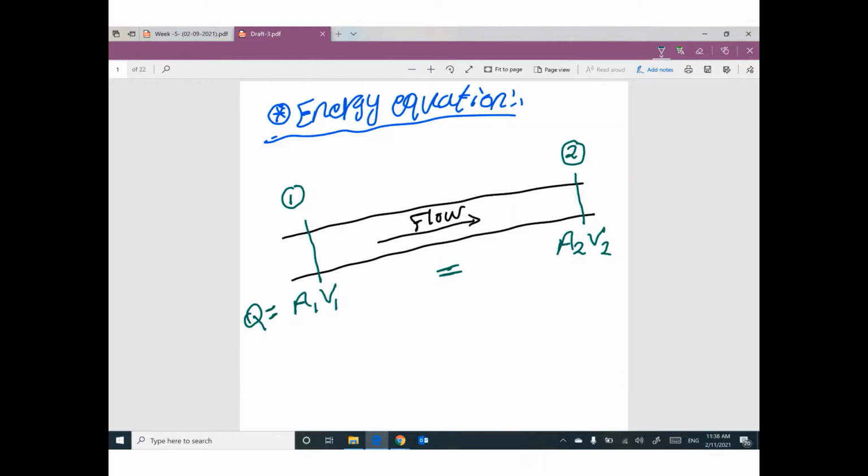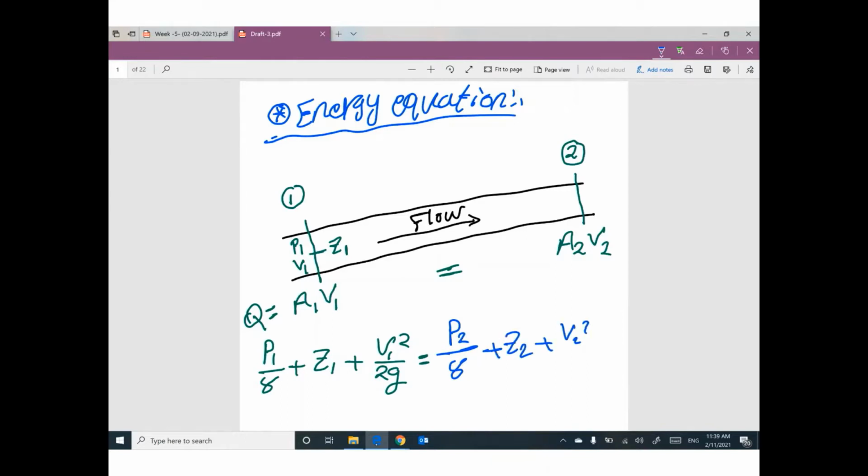Based on the energy equation, I will say at this location we have pressure. At this location we have velocity. At this location we have elevation. So I will say P1 divided by gamma plus Z1 plus V1 squared divided by 2g at this cross section must equal the same parameters at the other cross section, equal P2 divided by gamma plus Z2 plus V2 squared divided by 2g, but for the real situation, we expect losses